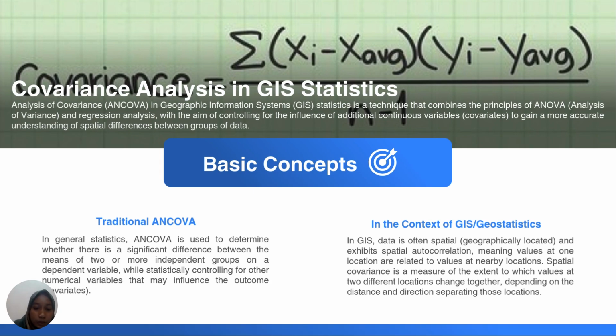Basic concepts. Traditional ANCOVA. In general, statistical ANCOVA is used to determine whether there is a significant difference between the means of two or more independent groups on a dependent variable, while statistically controlling for other numerical variables that might influence the outcome. In the context of GIS geostatistics, in GIS, data is often spatially geographically located and exhibits spatial